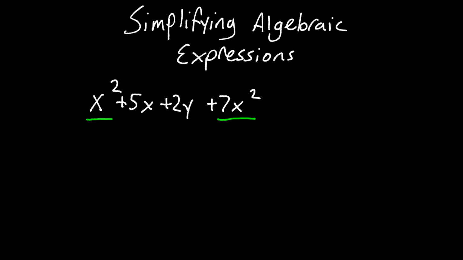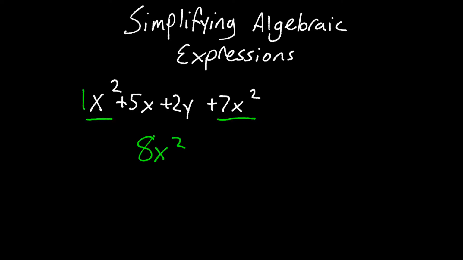And for this example, that's all I'm going to underline, because x and y are not the same, and they're not the same as x squared either. Now that I have some common terms, I'm going to combine them. I have 1 x squared, and I'm going to add to it 7 more. 1 plus 7 is 8, so I have 8x squared,